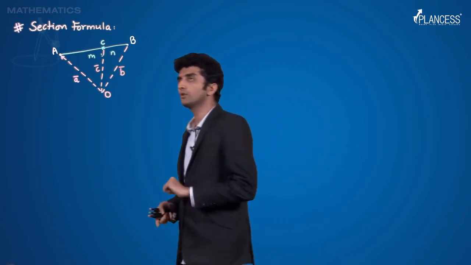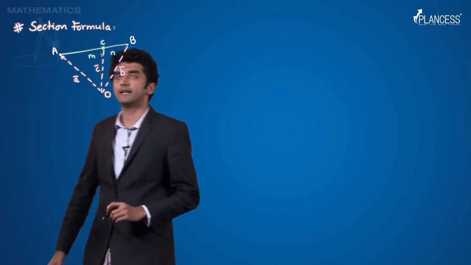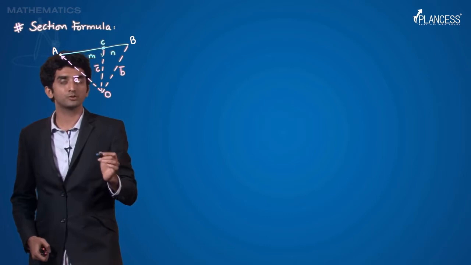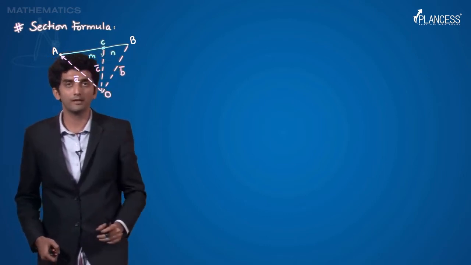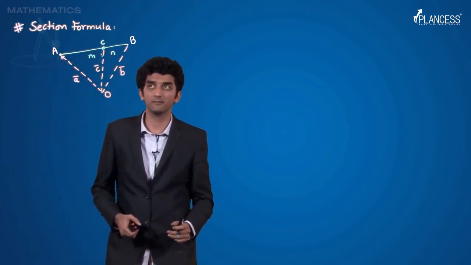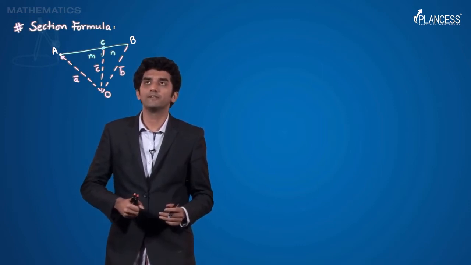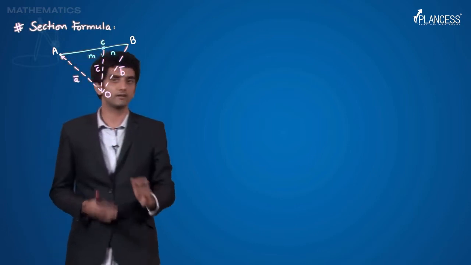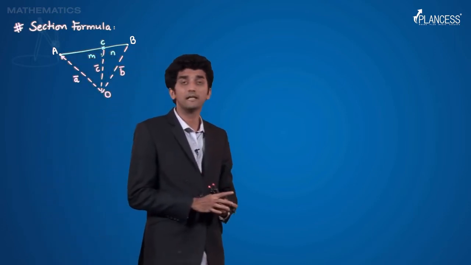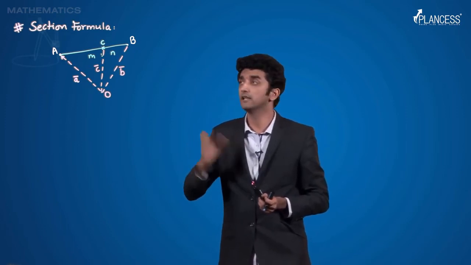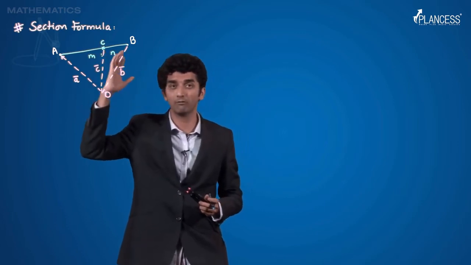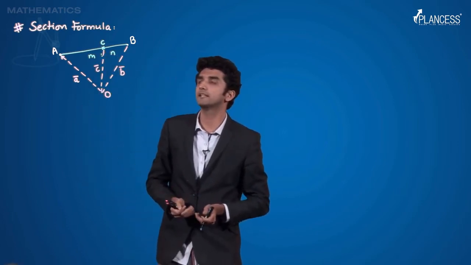Now what do we know? We know that this upon this, when it comes to length, is M upon N, right? This is something that we already know. Now we can say that AC bar and CB bar, these two vectors, be very careful, are parallel vectors. They are collinear vectors for that matter, because they are headed in the same direction. They have one point in common. They are parallel in nature.